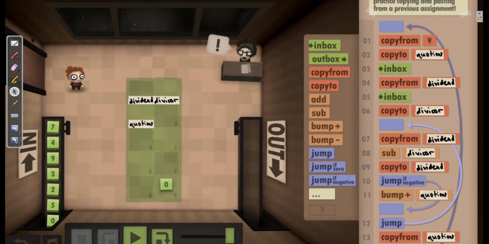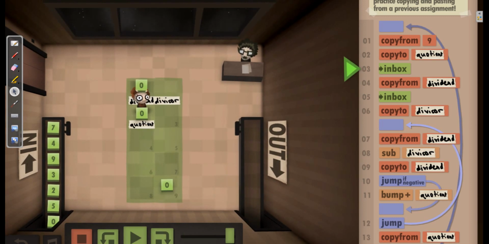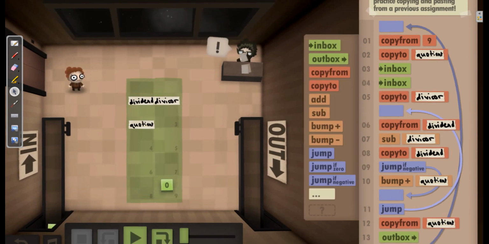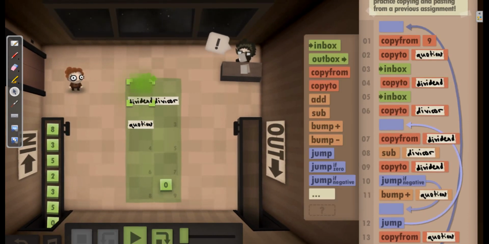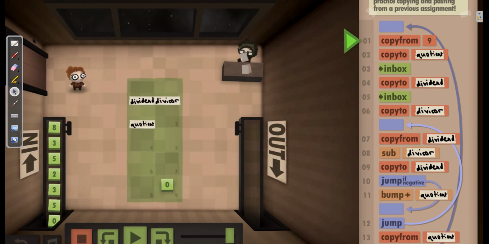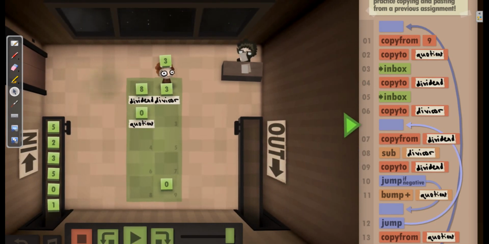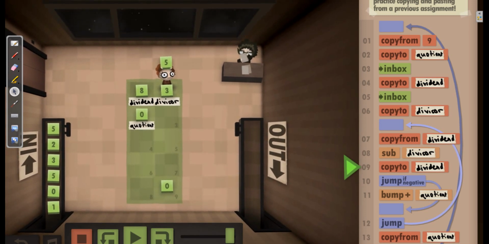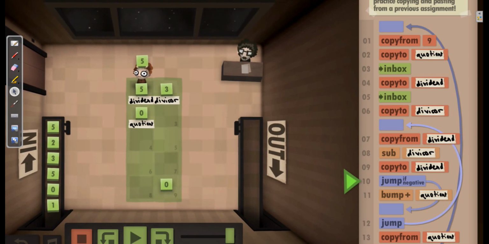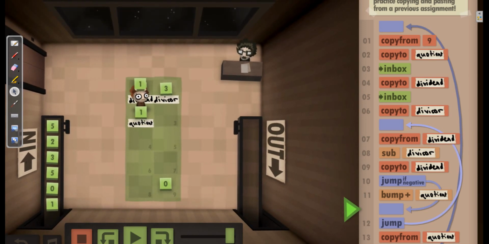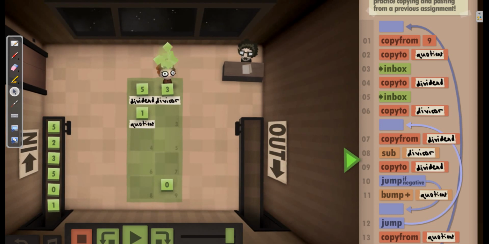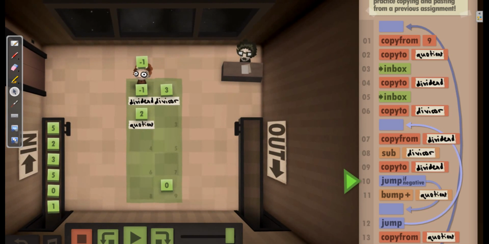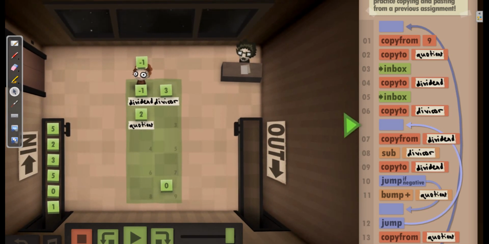So let's see how that works. So get the 0, that's my quotient. Get the 7, copy from, it should be copy to dividend. Yeah. Okay, so 0, the 8, and the 3. I want the 8, subtract the 3, which is a 5, put it in the hole. That's not negative, so we bump because it's gone in once. Now we get the 5, 2, that's still not negative, so we bump. Negative 1, that's negative, which means,